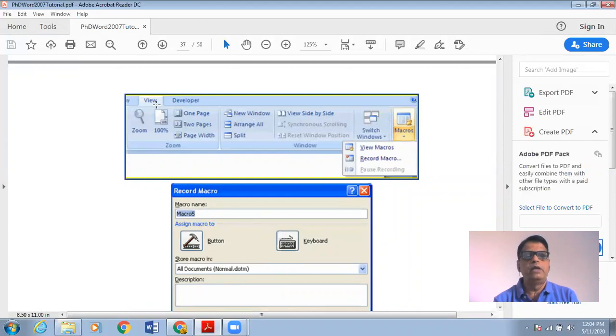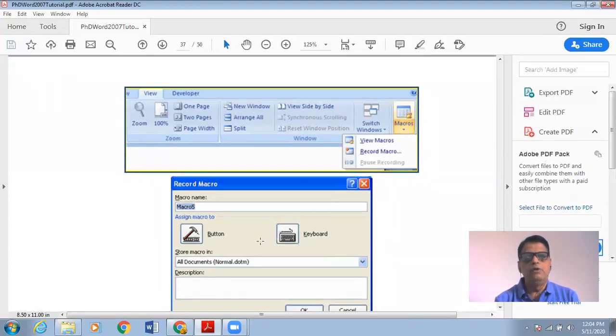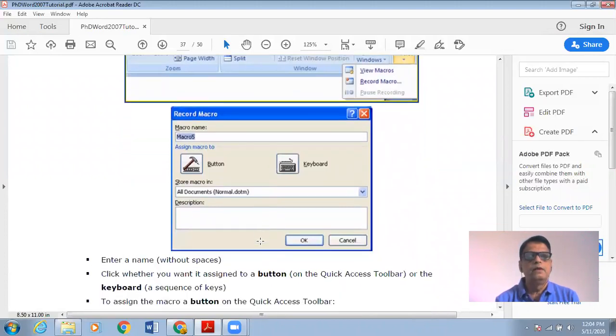So this is my View tab, and in the View tab you will find a Macros button. When you click on it, you can click on Record, and then you need to enter the name of the macro, and then choose whether you want to assign it to a button or to a keyboard.